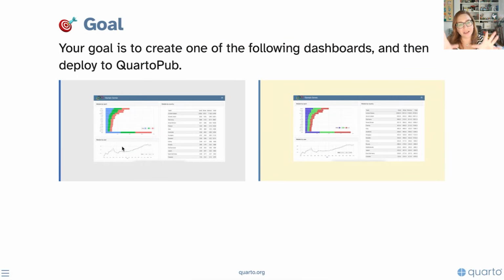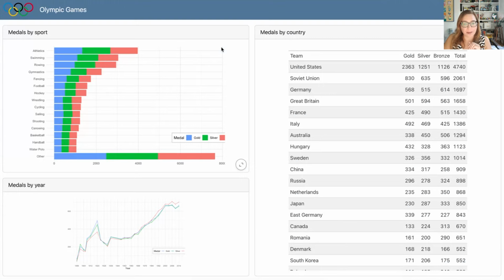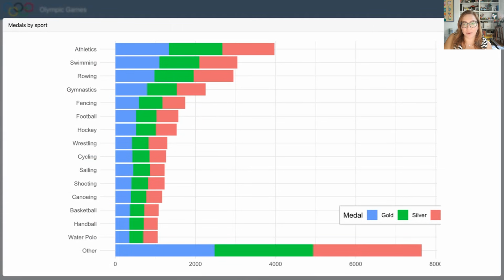We have two columns of equal width. Within the first column, we have two visualizations that are stacked on top of each other in cards. And maybe we can pop this out to full screen and we can see that we've also adjusted their heights so that the top visualization is a little bigger than the other one. And we can see that these cards expand by default if we want to see them.